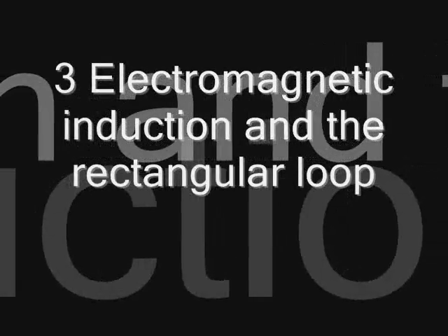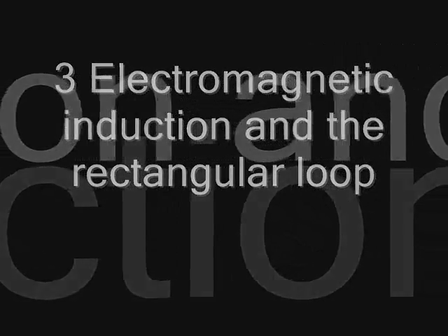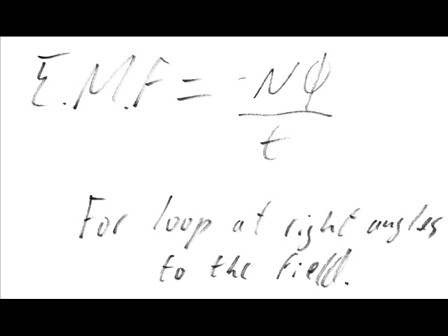Our model of a rectangle of wire within a magnetic field needs to be further studied. The electromotive force, and therefore the current generated in our rectangle, are proportional to flux linkage. N phi is flux linkage, and it is the flux linkage divided by time that Faraday's law tells us is equal to electromotive force. Flux linkage is equal to the magnetic flux density times the area of the loop times